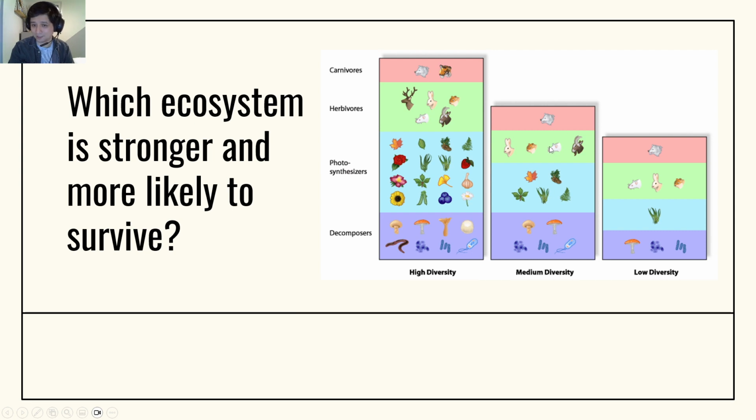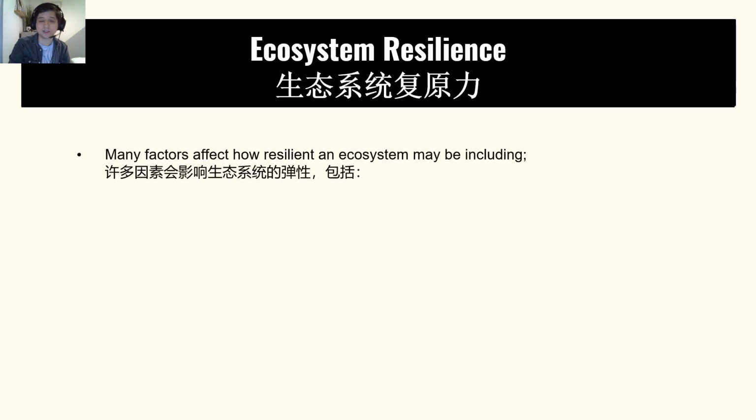it still has some weak links, whereas this high diversity ecosystem could lose many types of plants. If many plants go extinct, if the blueberry, this grass, the strawberry, they all go away, well, there's still plenty of food for the herbivores. Decomposers will still be okay. And if they lose one of the two carnivores to disease, the ecosystem can still survive. So more biodiversity is good for the ecosystem. And that's kind of the point I wanted to make here. Ecosystem resilience, let's continue on.